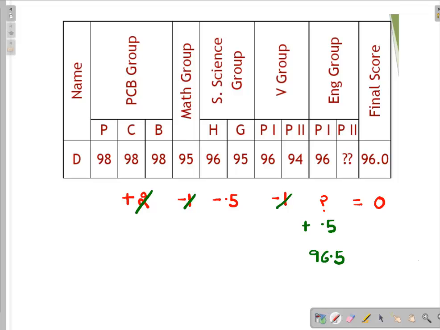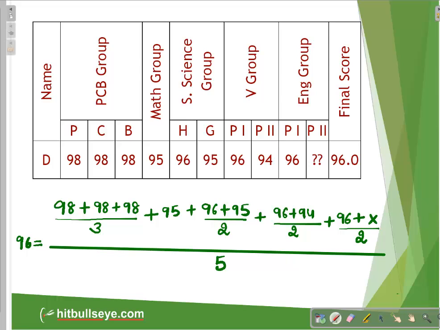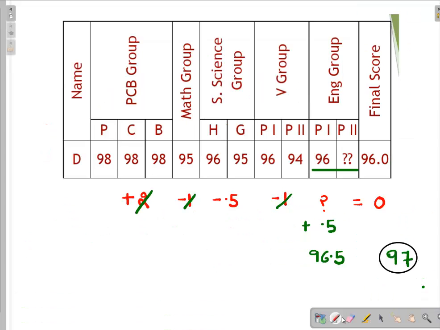Now here, in 2 papers, in 1 paper he has 96. What should be his score in the second paper to get an average of 96.5? So you can say that has to be equal to 97. So this 97 that you attain will become your answer. Right students? This question, if you solve by the earlier method I told you, is very time consuming. But if you apply this shortcut, you are dealing only with small numbers, and your answer comes out to be 97, students.